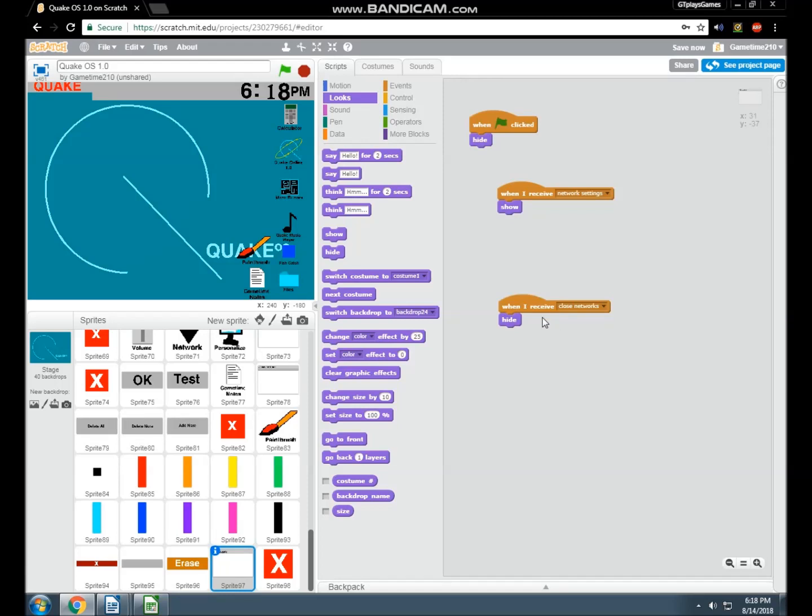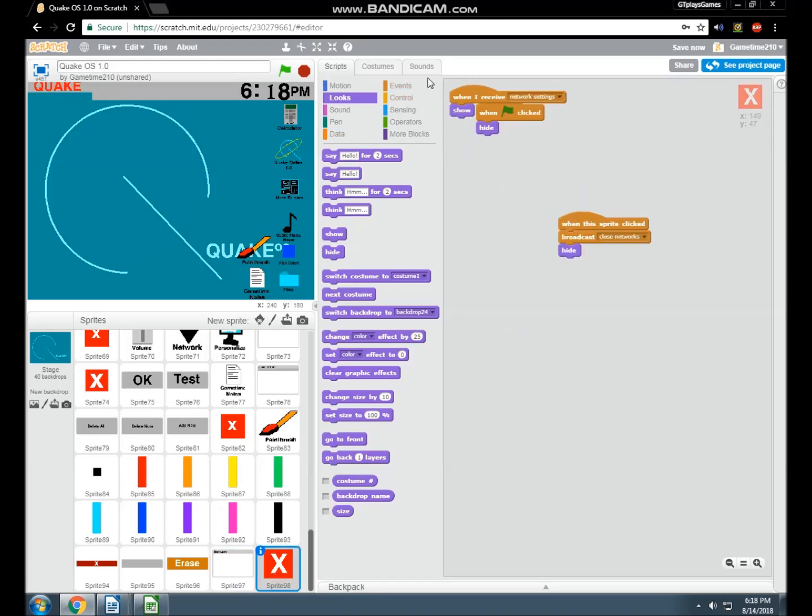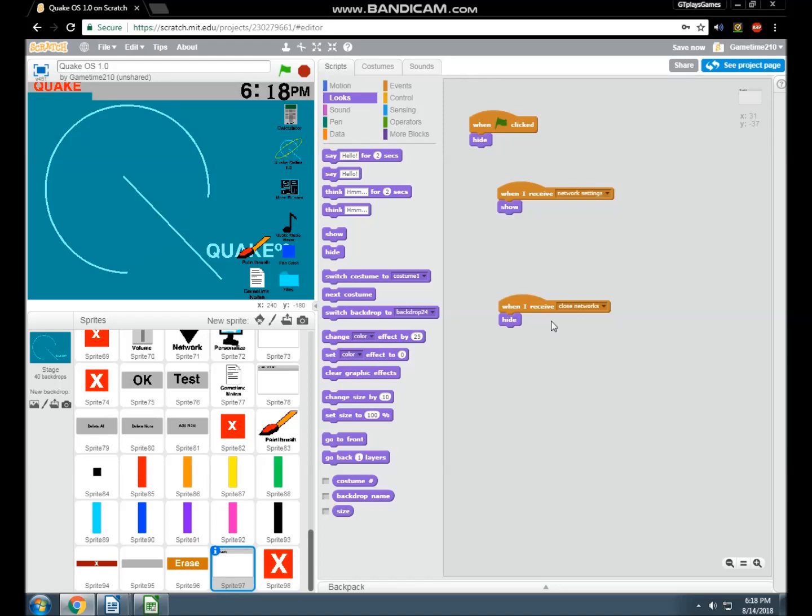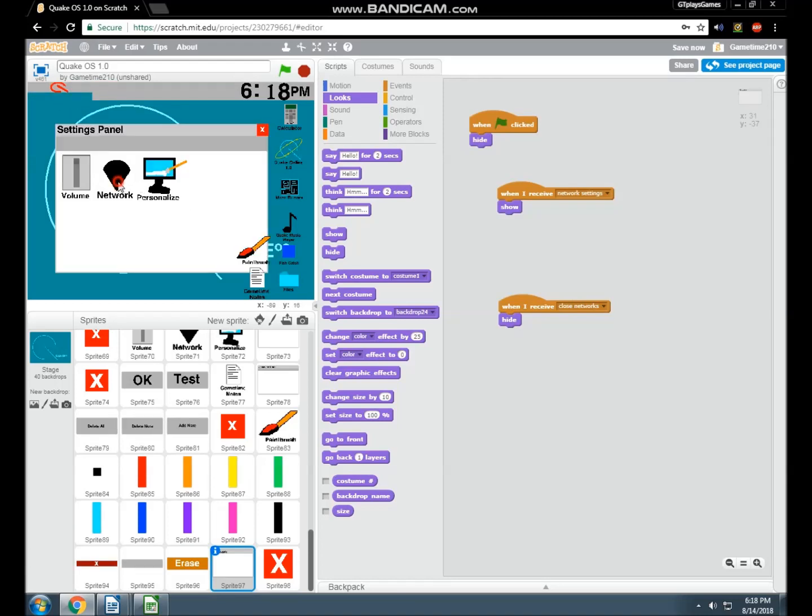And I also said when I receive close network, hide, because I also added a little X button right here, which when this sprite is clicked, broadcasts close network and then hide, which is when the message goes to here, it will hide that as well. So let's see it in action. We go here, click settings, click network, and then as you can see here, when we click the X, bam.